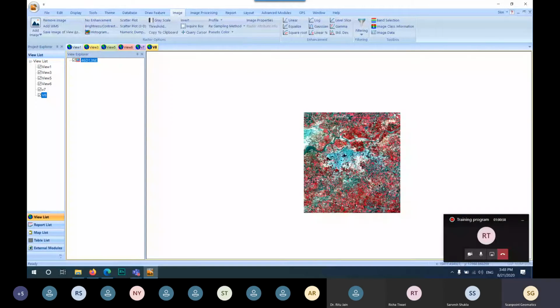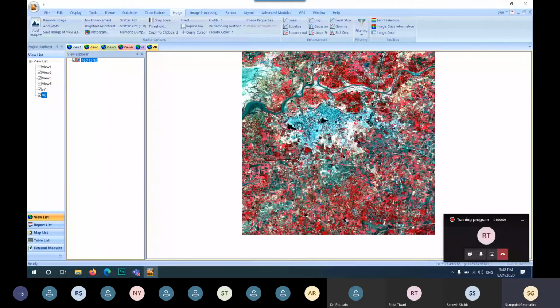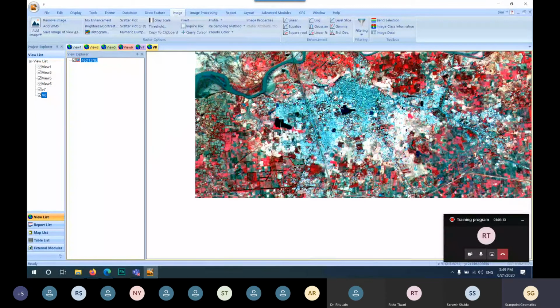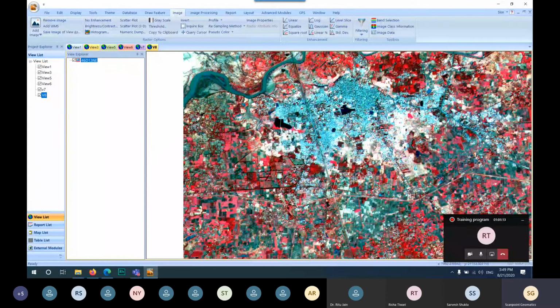So this is used for visualization of imagery. Here you can distinguish various features by visualizing our imagery. This red color defines the crop area, vegetation cover. We can identify the vegetation cover and our settlement area.